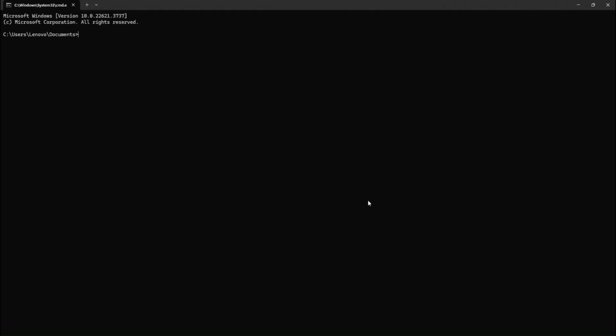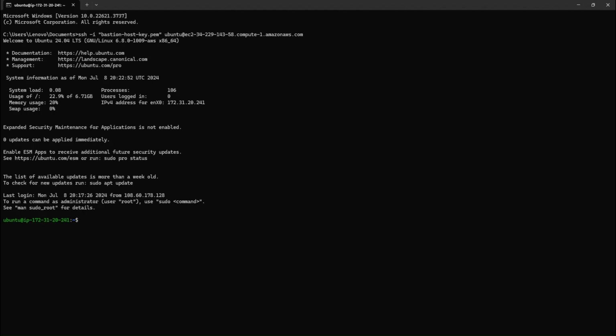Okay, so let's try to connect to our EC2 instance. We will copy the SSH -i command, and we have a key at this location. The key that we had is in downloads, and then we are going to copy the SSH -i command. So it is ssh -i, the name of the key, then the user with which you are trying to connect, which is ubuntu in our case, at the IP, and the complete address of the EC2 instance that you are trying to connect to. And then we hit enter. And we are connected